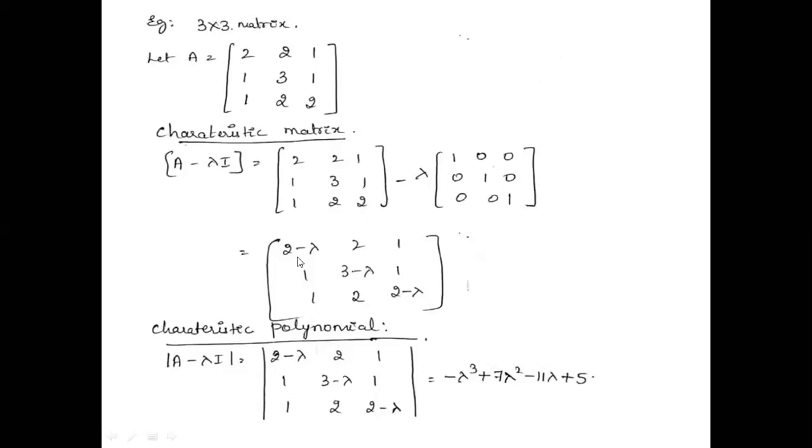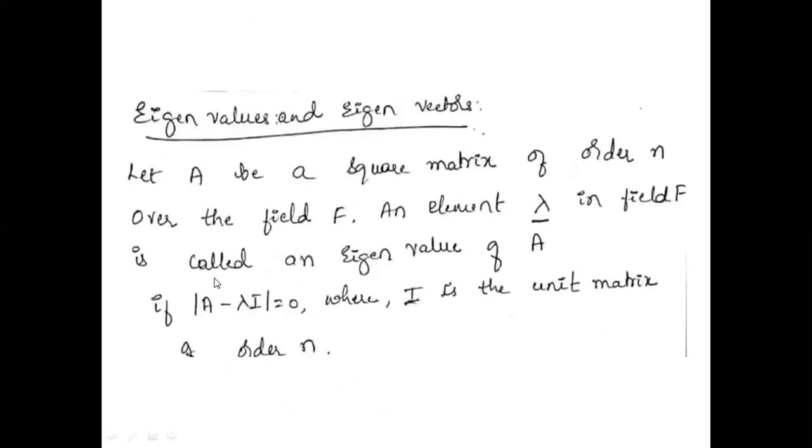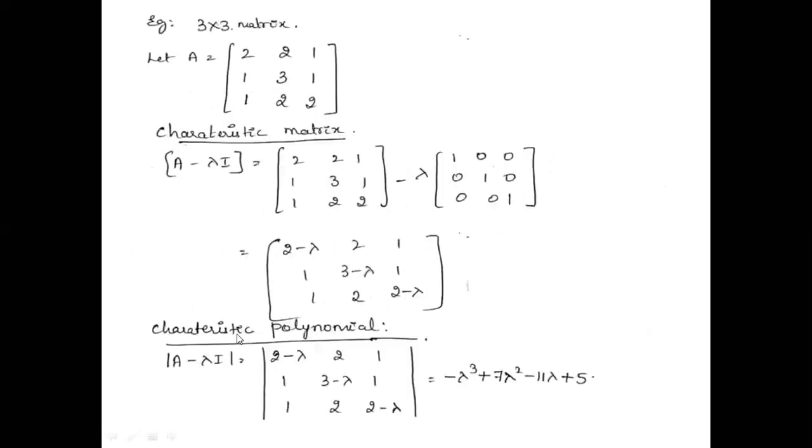Okay. So you have this matrix which is derived from the original matrix A, and we call this A minus lambda I. Right? So now we need to calculate what is known as a characteristic polynomial, and the characteristic polynomial is nothing but finding the determinant of A minus lambda I. Okay? So if I take you back to the previous slide, it says here that you need to calculate the determinant of A minus lambda I. Right? So here we have calculated A minus lambda I. Now we'll calculate the determinant.